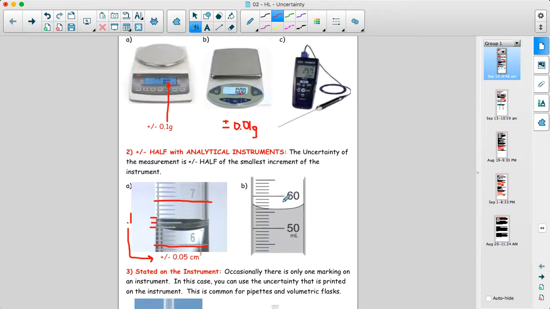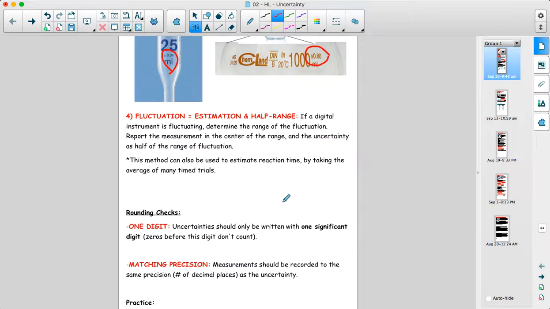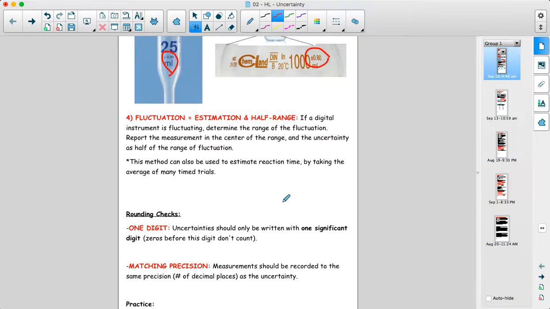That pretty much covers the ones we'll commonly see, but every now and then we're going to get an instrument. This comes up a lot with digital instruments, or when we're trying to time something and we have to factor some sort of reaction time into our measurement. In these cases, sometimes we'll get a digital instrument where there will be fluctuation, meaning that the reading isn't staying still. Maybe we're using a balance that reads to 5 decimal places, and so the slightest little jostling of the table or a little bit of wind in the room is actually enough to make the measurement go up and